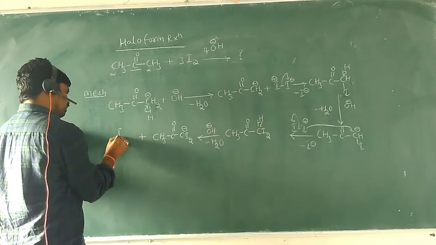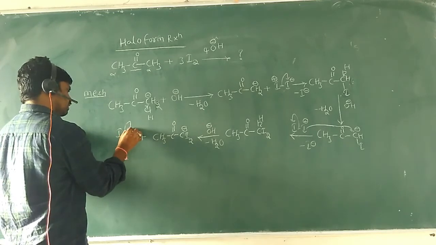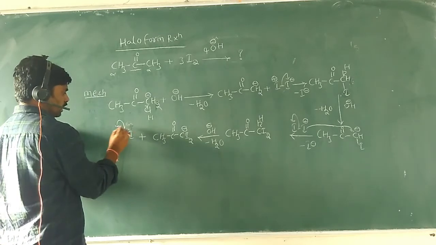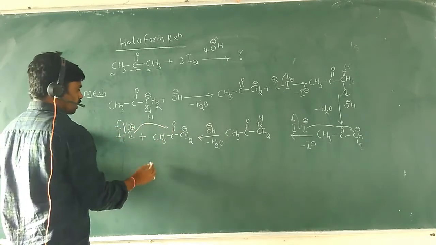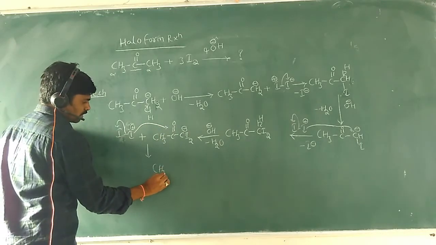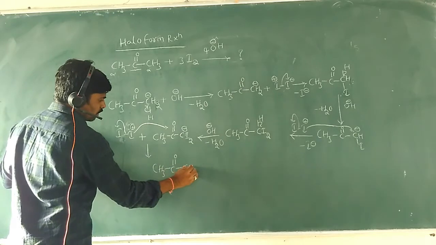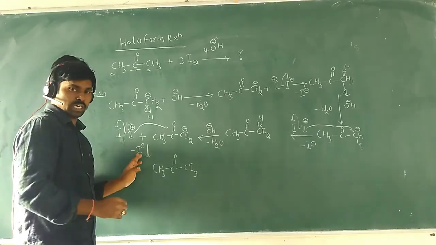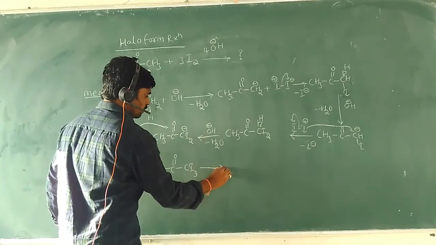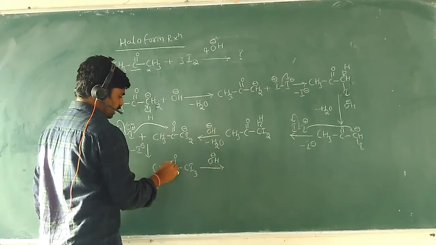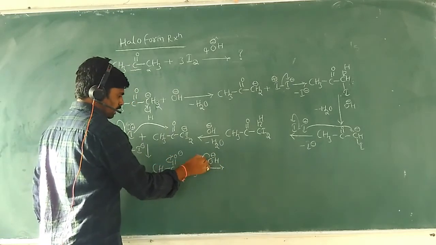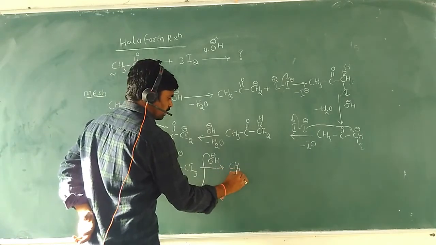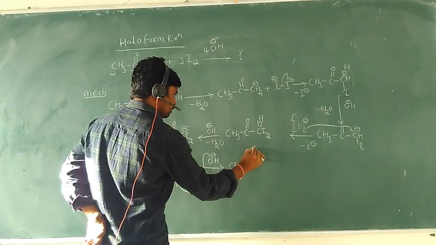Now it reacts with the iodine. This is the minus I. So for example, shifting to this iodine side, it's negative, it's positive. The positive goes to this carbon side. Now finally CH3, C double bond O, CI3. Here minus, I minus, iodide. Right. Again, it reacts with the hydroxide ion. Now when the electron shifts to here, this hydroxide attacks the positive carbon. So finally here CH3, C double bond O, with OH on the carbon, CI3.